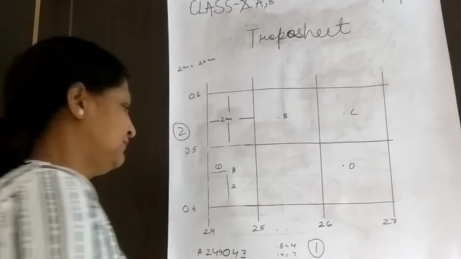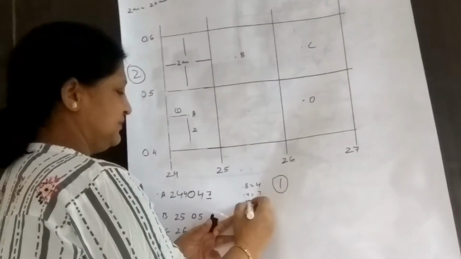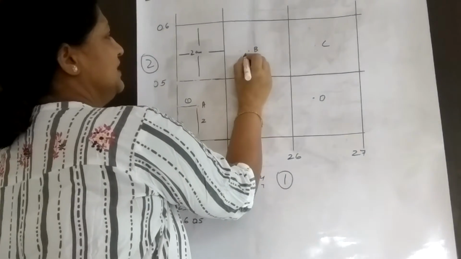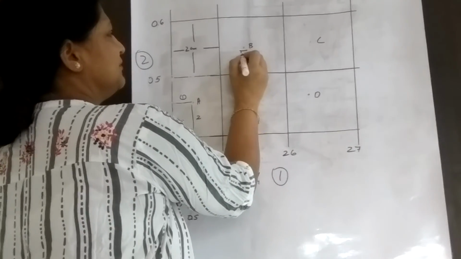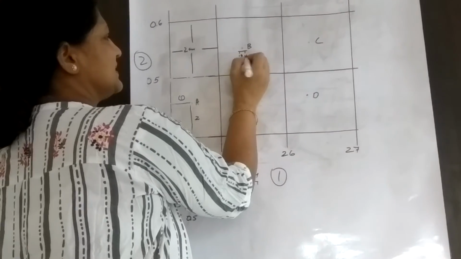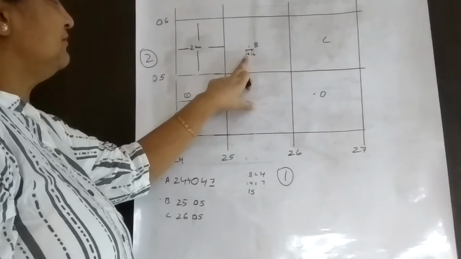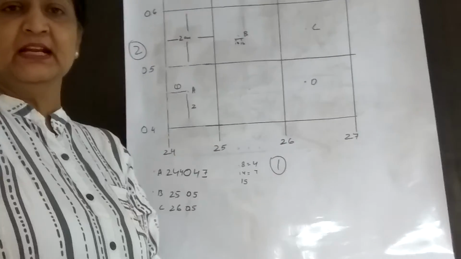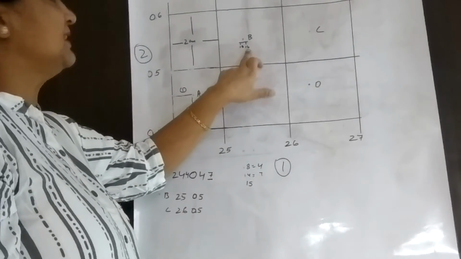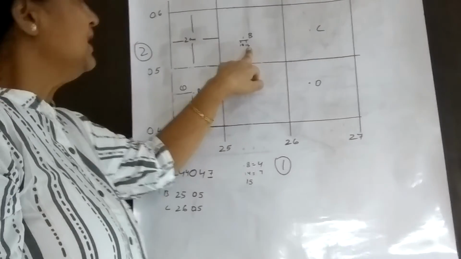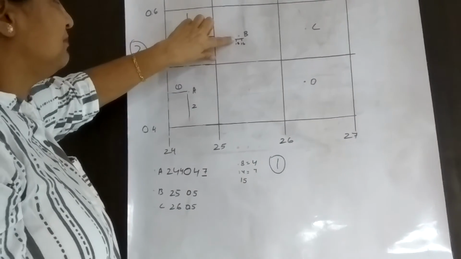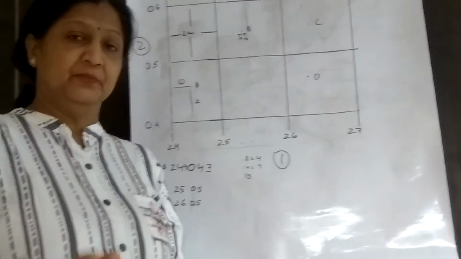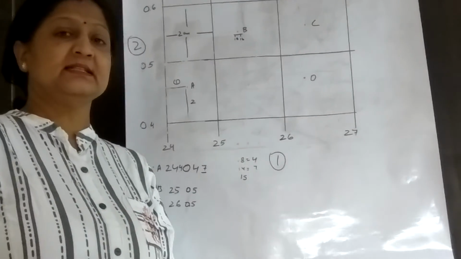Now take an example: if the point was coming between 15 and 16, 15 cannot be divided. So what we do in that case is take 16, because the dot was lying somewhere between 15 and 16. 15 will not be taken, we take it as 16. To make it half, we take 16, and 16 will be 8.